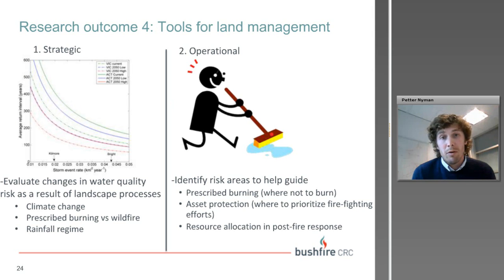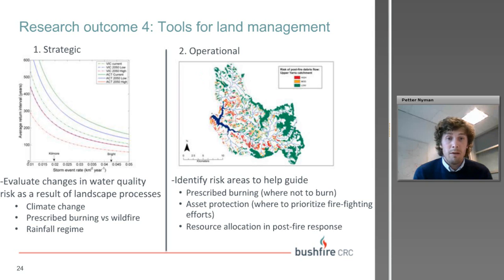For operational land management applications, we can provide information on the spatial aspects of risk. So where, for instance, is prescribed burning likely to cause risk to water quality? And during a wildfire, where should we focus firefighting efforts to reduce the risk to higher value assets and where the risks are higher? So this is an example of these types of risk maps that we produce for the Melbourne water catchment. This is the Upper Yarra, and these red areas are areas that are high risk in terms of their propensity